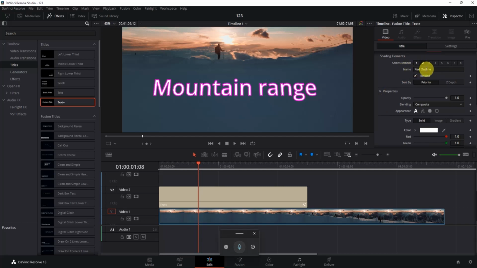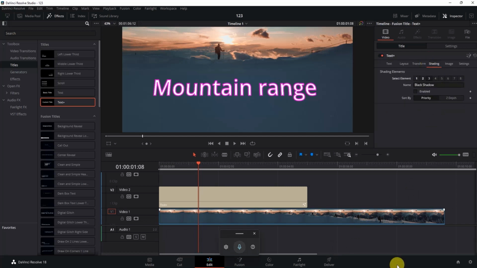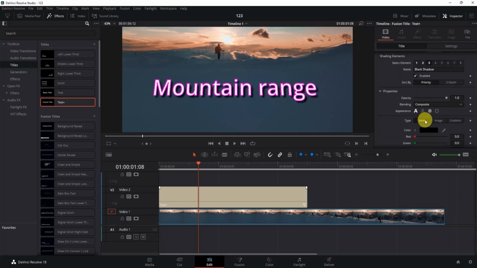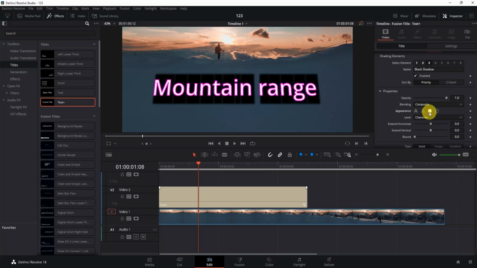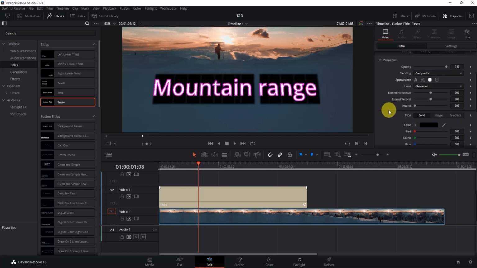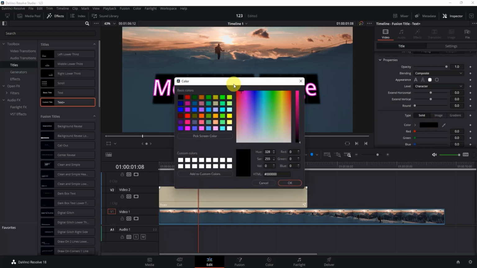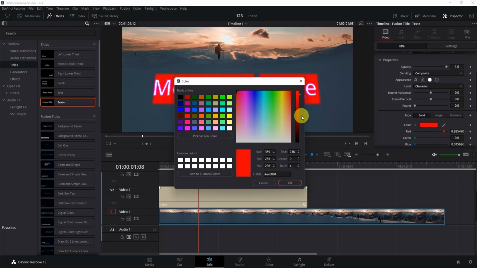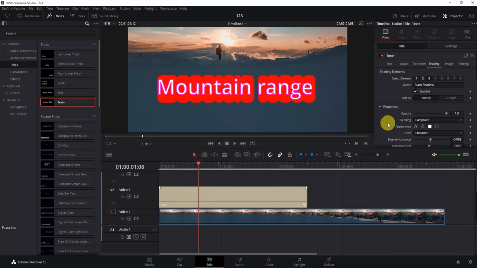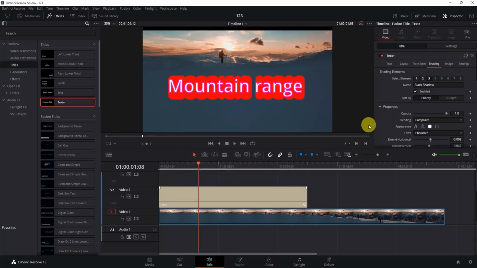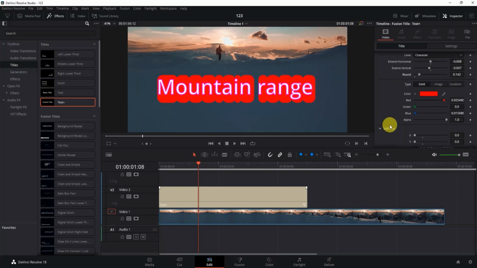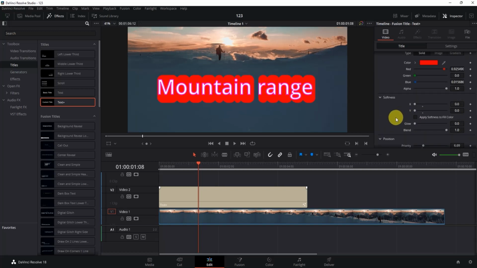And for the third variant, just simply click on 3. Then again, after choosing the third one, simply click on enable. And for this one, I will choose a box. Change the color of the box to maybe red. Then after making the box, you can also animate that down below, like colors, softness, positions,